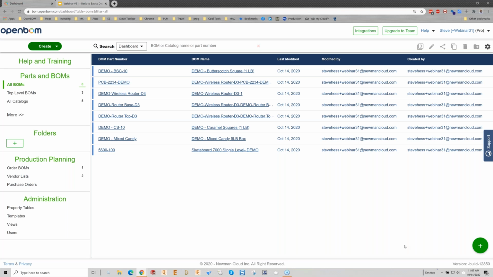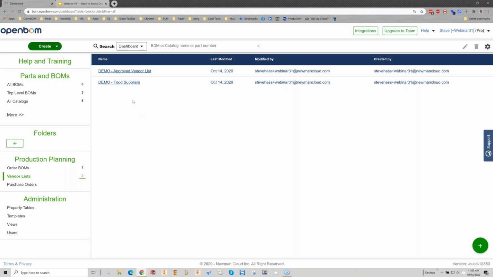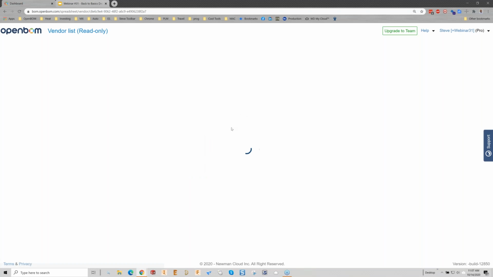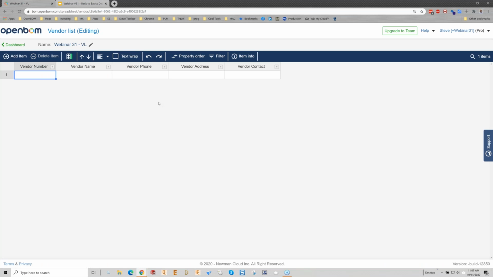Okay, so the first thing we're going to do is create a vendor list. There are some sample vendor lists, as you might imagine, in the sample data that you just installed. But we're going to create our own for our company. So we're going to go to our vendor list area of the dashboard, click on new vendor list, and I believe we are calling this webinar number 31 BL. Okay, this is our vendor list. This is what an empty vendor list looks like, and I'm going to start typing